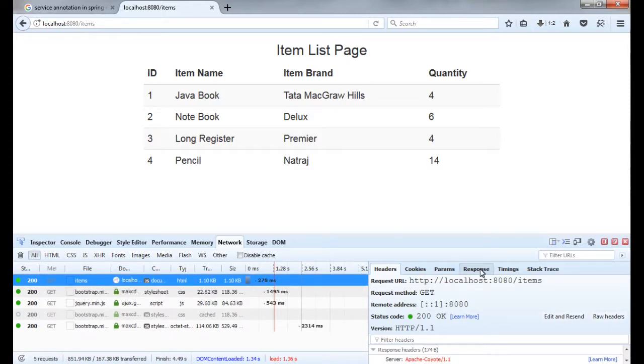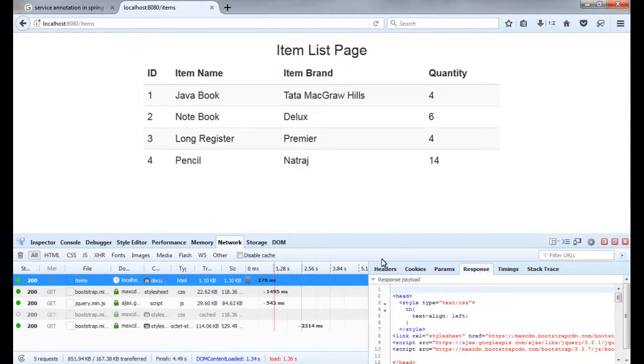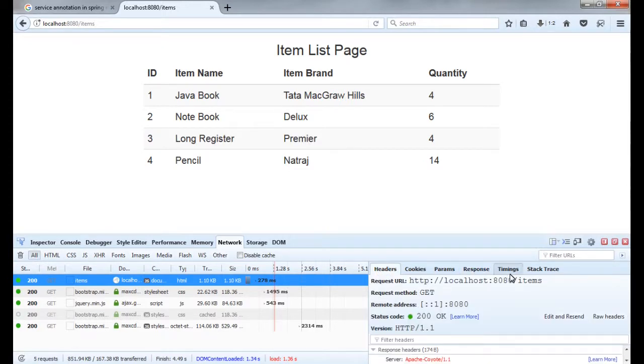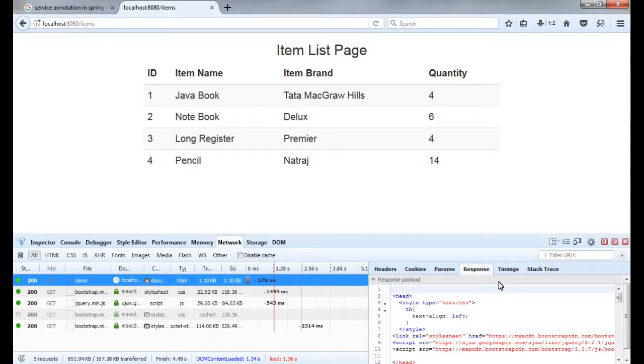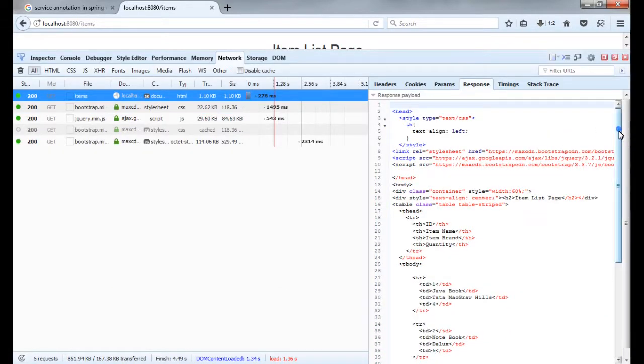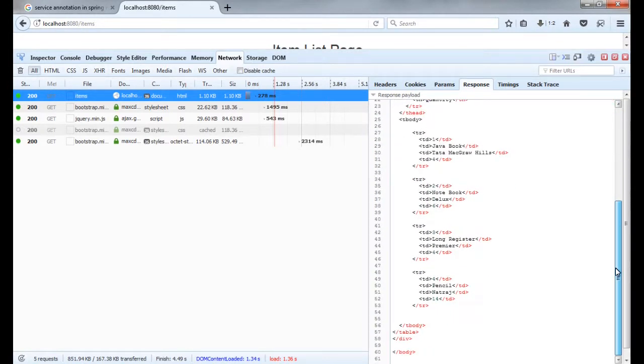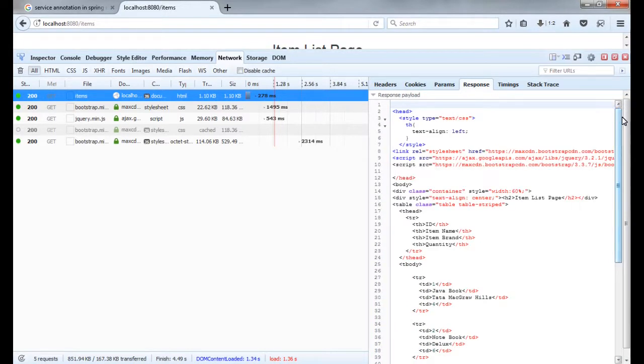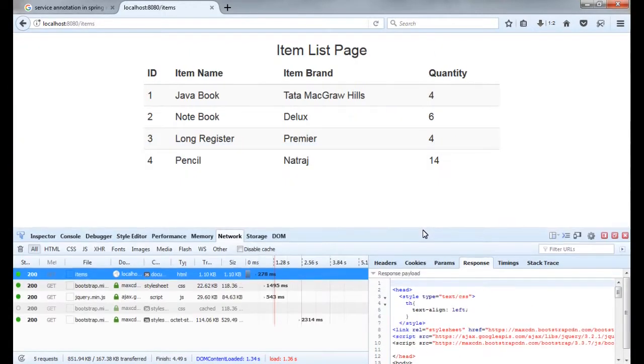Okay, in the items page we can see the response. This is the request, this is a GET request. In response it returns a big HTML file, what you can see over here. Just a minute, let me make it bigger for you. So it's returning the whole HTML, whatever is there in the JSP file, items list.jsp, items.jsp. It's returning the whole HTML file. So now let's go and create